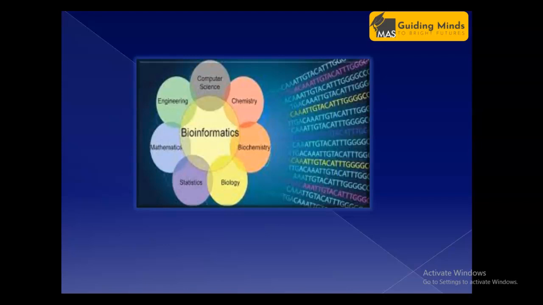Bioinformatics is an emerging field that is incorporating various domains, that is computer science, chemistry, biochemistry, biology, statistics, maths, engineering. So, it is the wholesome of all these things that require a structural as well as analysis of a structure that will help us to predict what will be the changes or mutation that has been taking place in an individual, or how it is going to impact further. Moving ahead,